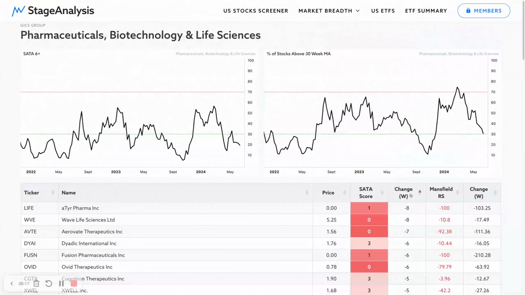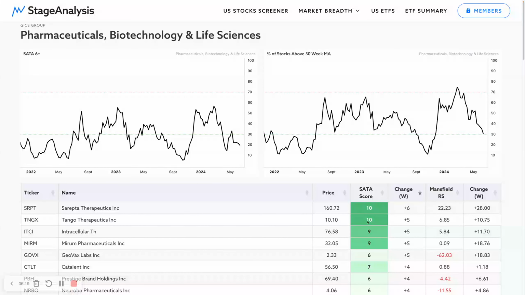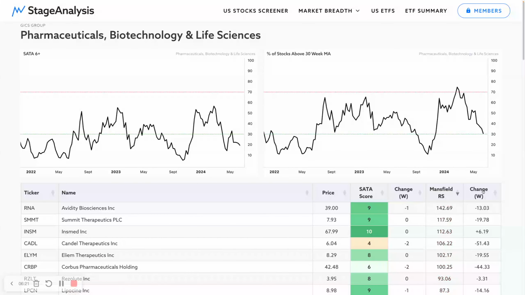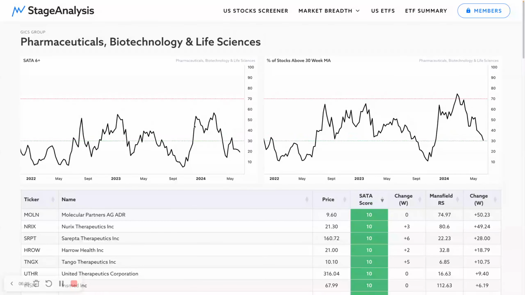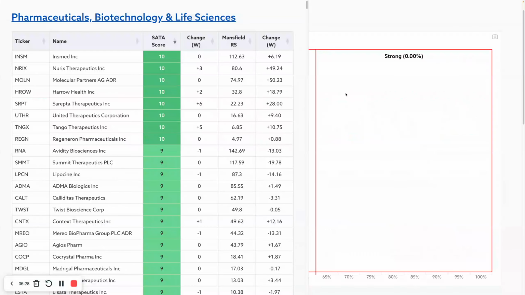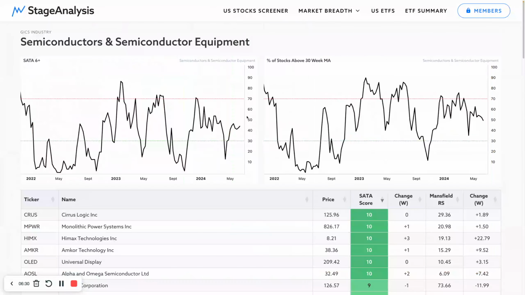You can go through here, you can see which stocks are on the move or dropping off. So we can do it by Mansfield relative strength change, or the SATA score. So lots of different ways that you can use this information. So coming out of here,